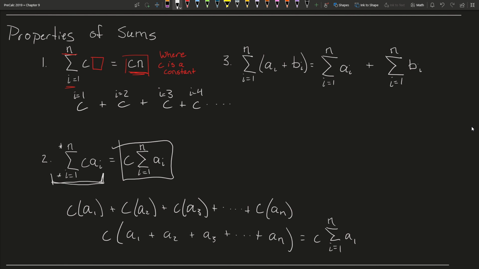And you're not going to have a specific example of this just yet. I just want to have this in your head for when we get to harder stuff. Okay, and then the third property